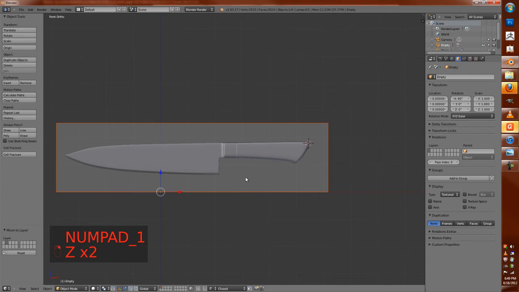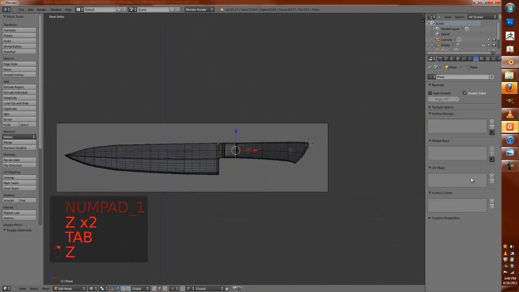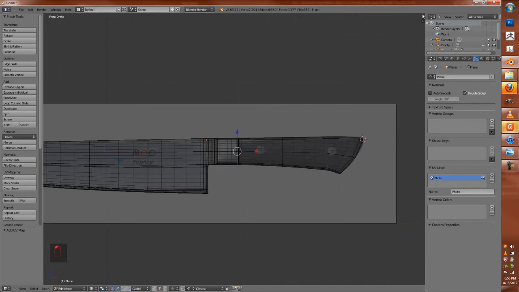and so we have this image here and we have this knife. Now over here in this panel you have your UV maps. UV maps are just different UV layouts that you have in Blender. So this first one, we're just going to call this photo because it's a photo UV. We're going to project it onto